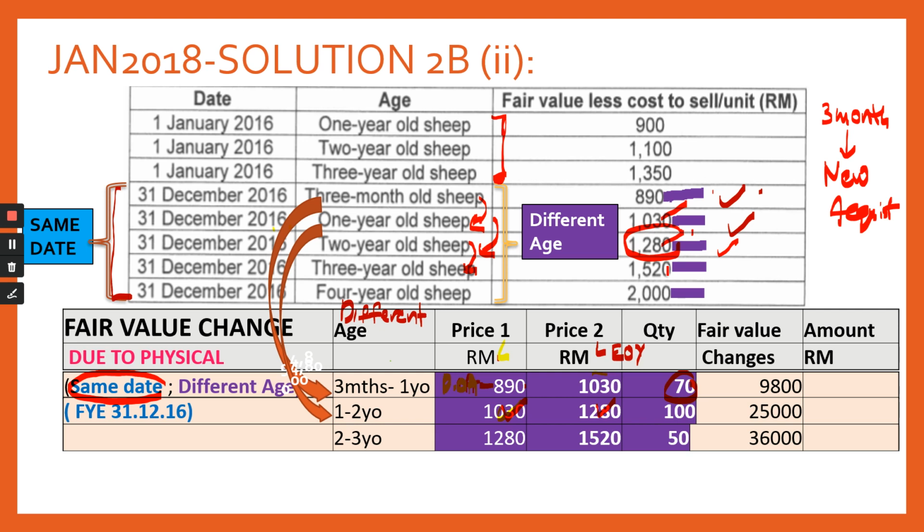And for the changes in physical characteristic, 2 years old will grow to become 3 years old. So the price is 1520. So the difference between these two prices will now be multiplied with the number of sheep that you have, which is the 2 years old sheep, and that refers to the 50 units. So this 50 is the one given in the question, right? The 2-year-old sheep now becomes 3-year-old. So 50 units. The next one is